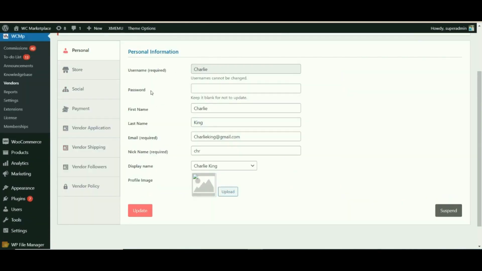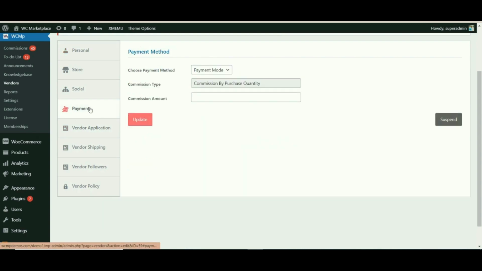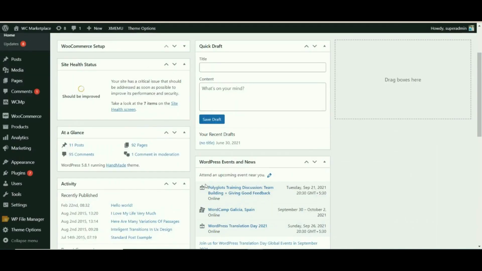Once the vendor detail page loads, go to the payment tab. Here you will find the seller commission percentage section. Put in the amount of commission you want to set for this vendor. Finally, select Save Changes.